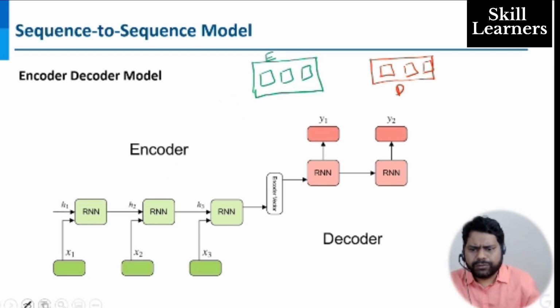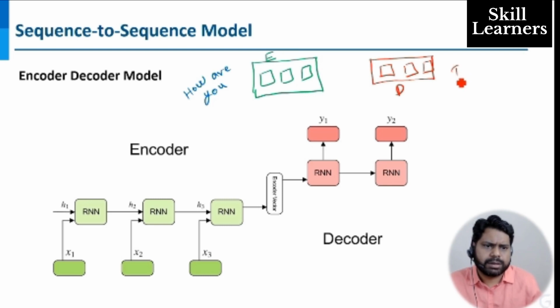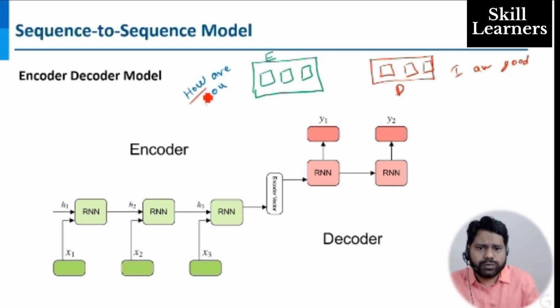Now suppose I want to feed an input. Let's write "how are you", and this gives you the output "I am good". So first "how" will go. I'll mark it 1, this as 2, this as 3. The moment "how" goes to this,